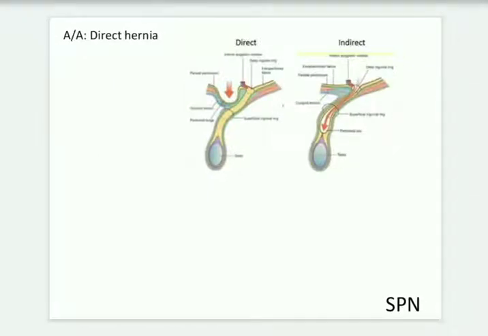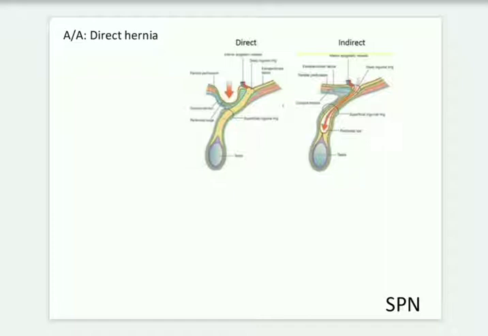And finally, your applied aspects: there is direct hernia and indirect hernia. Hernia is nothing but a bulging of the fascia. Indirect hernia in this inguinal canal occurs due to a partial or complete patency of the processus vaginalis, and it can descend into the scrotum. The coverings for this hernia are extraperitoneal tissue, internal spermatic fascia, cremasteric fascia, external spermatic fascia and skin.